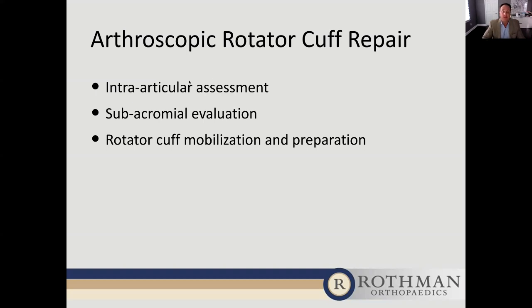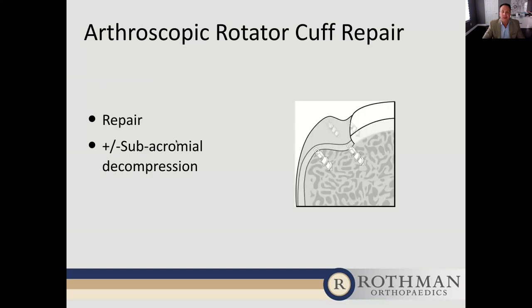Then, once we've evaluated that, we want to look at the space above the rotator cuff underneath the acromion. Then we have to mobilize the rotator cuff and prepare it to put it back in place. So you can see here, this is a classic 2-row, 4-anchor repair, where we basically take the rotator cuff and we stitch it back down to the bone. Essentially, we take it like this, we lay it down on the bone with this contact surface area like that,